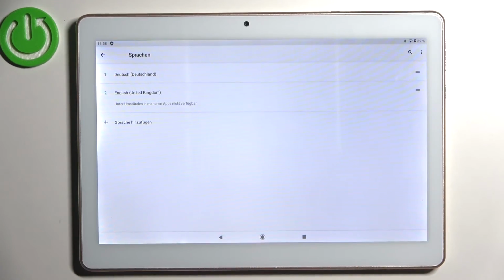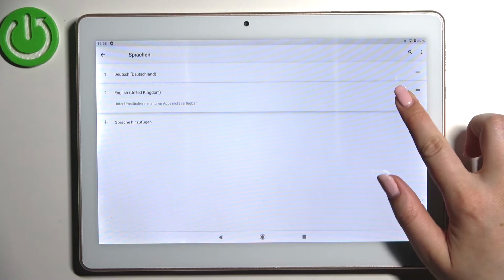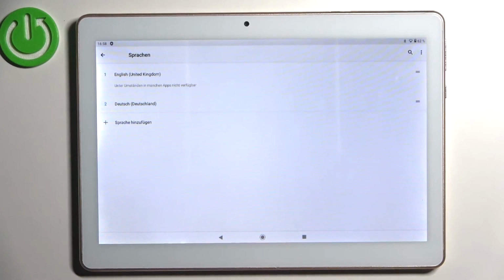So let me do it again, let me show it to you. Tap on it, hold it and drag it to the first position. And the same situation. Of course, if you want to, you can remove the languages from this list just by